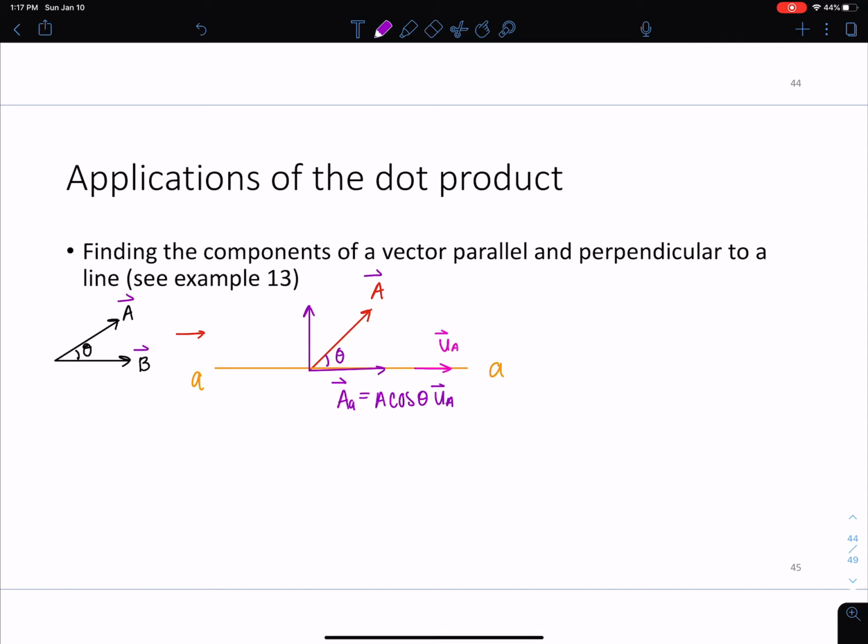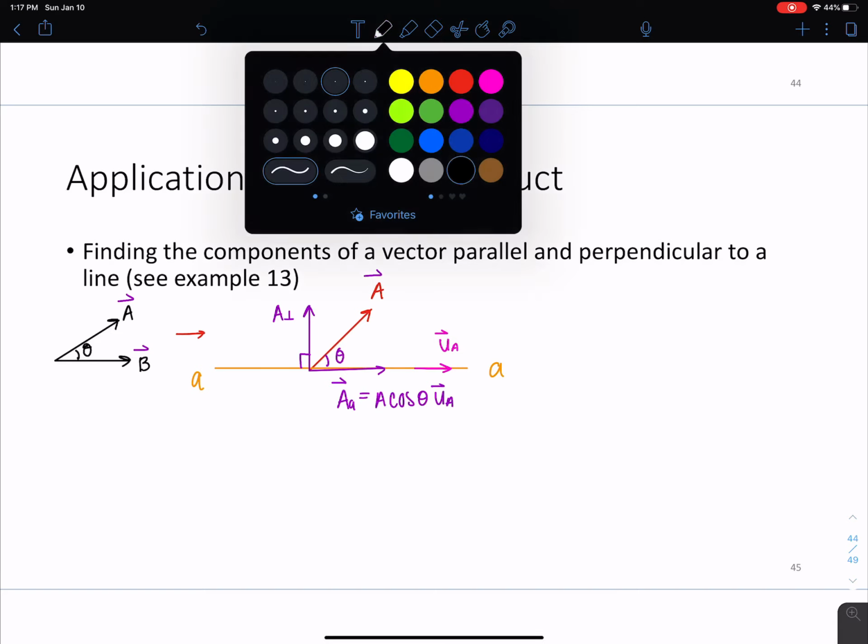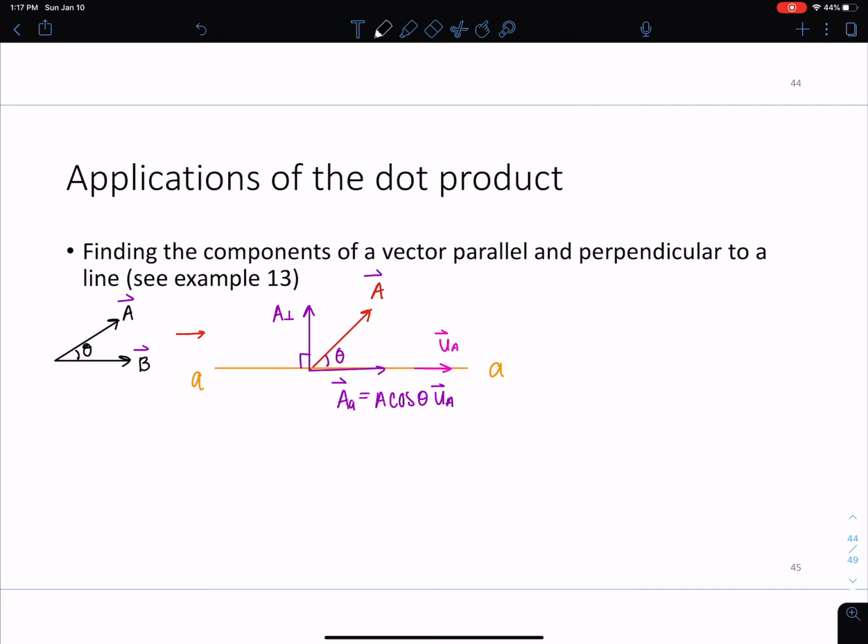And I'm going to just reference this as A perpendicular. Okay? So it is 90 degrees from that line AA. And what happens here is the component of vector A parallel or collinear to AA. So here, that would be this guy right here. This is the component, I'll write it down, of vector A